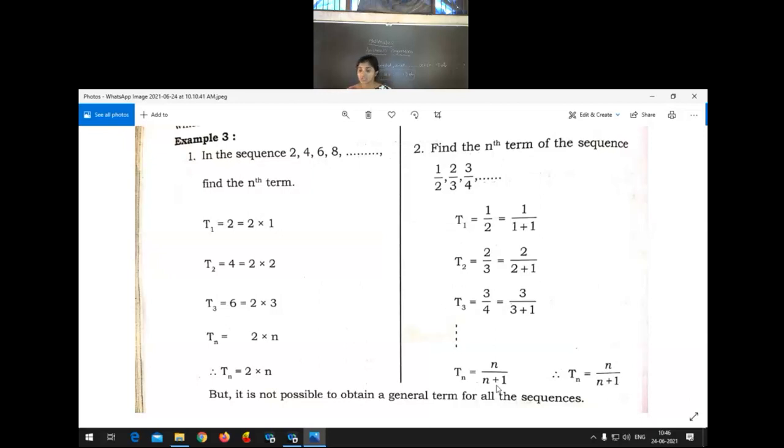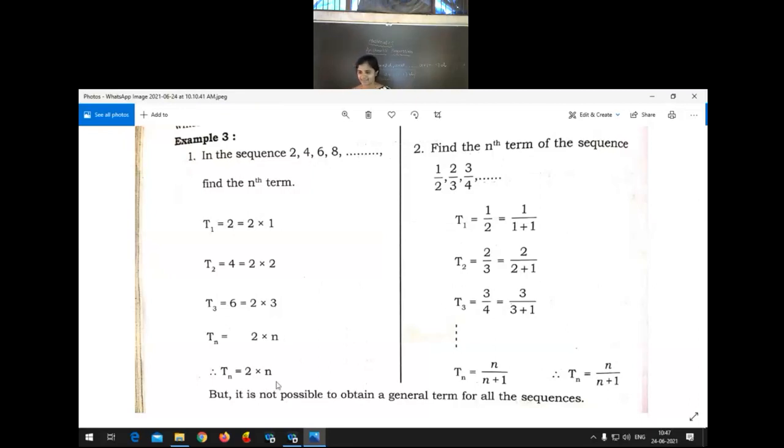So here in AP also, why we need the general term? For example, when an AP is given, if we want to write the 31st or 32nd term, we do not have the time to write all the terms by adding the fixed number. So to find the 32nd or 33rd term directly, we need the general term for the arithmetic progression. In a sequence also we have a general term, but we do not have a fixed general term. So we cannot give the conclusion that there is one general term. For a particular sequence we can give the general term.